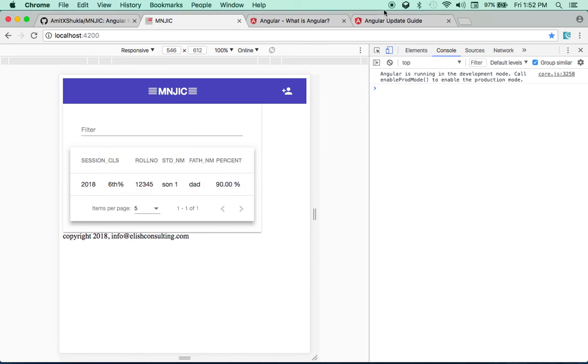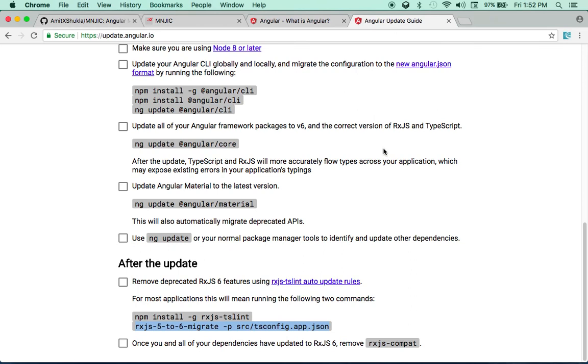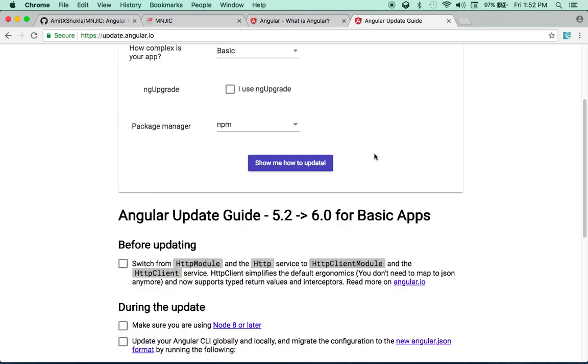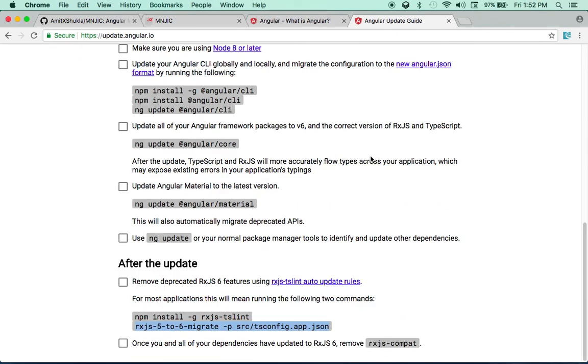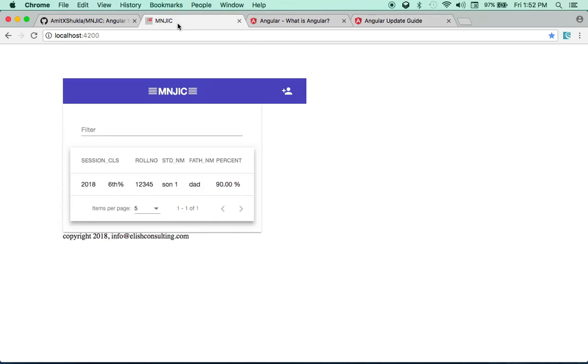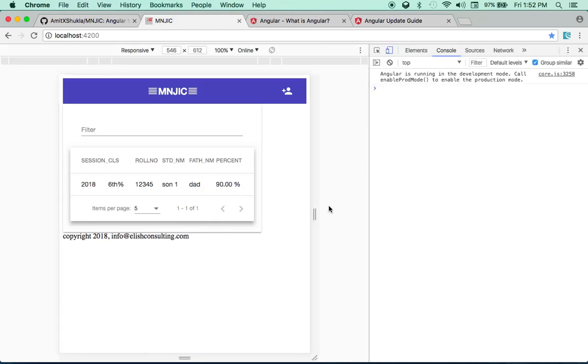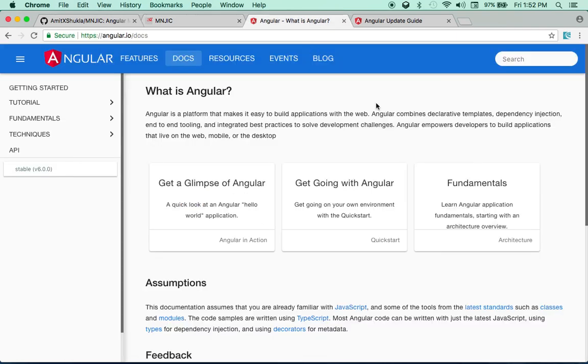I must appreciate that the documentation they have delivered is very great documentation. If you follow the instructions line by line, as I just did for my app, my app is working again. So again, guys, this was a very quick, basic tutorial. In the next video, I know there is a lot to this Angular 6. There are Angular elements, and especially if you go to